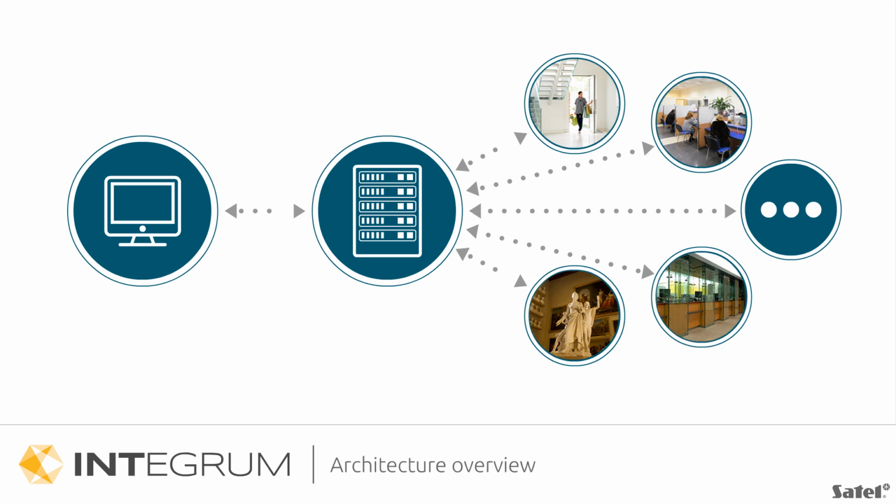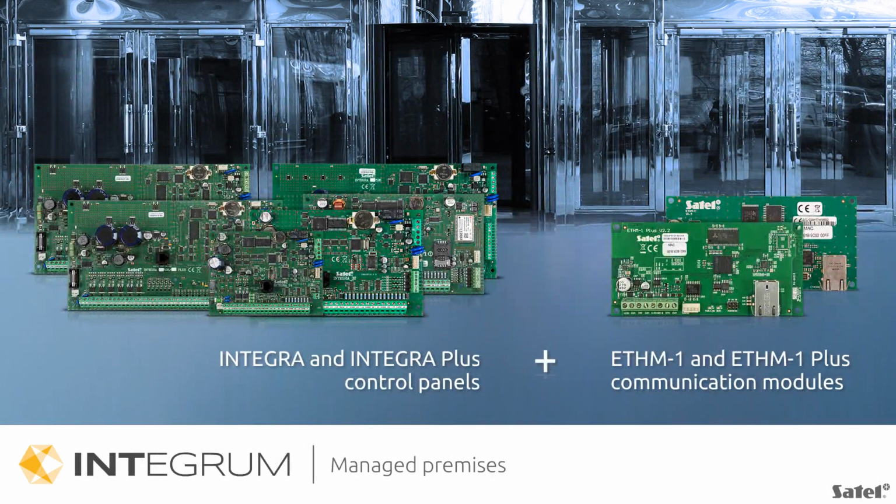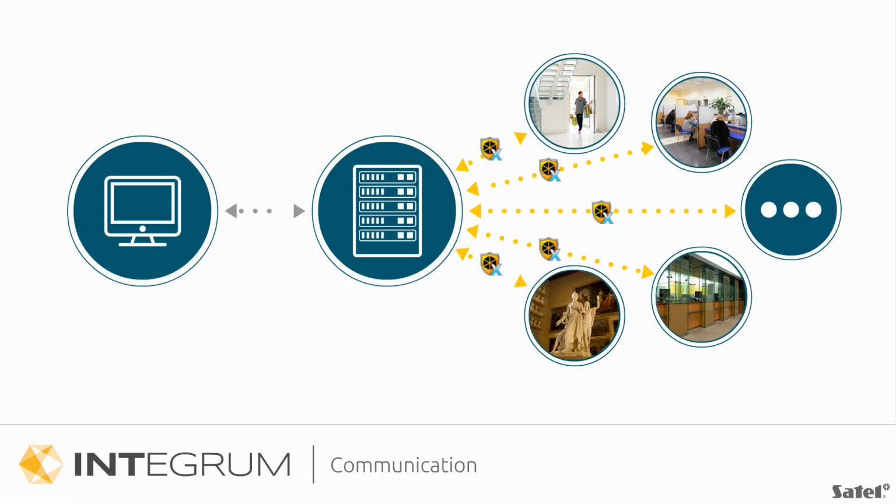Here's how individual components of this solution architecture look. The first component are the managed premises. INTEGRUM has been prepared with the aim of managing several thousands of distributed systems. The first supported type are the SATEL alarm systems. The software is designed to manage the control panels of INTEGRA and INTEGRA Plus families with the ETHM1 or ETHM1 Plus communication module connected. The whole communication is effected via a dedicated connection between the control panel and the INTEGRUM